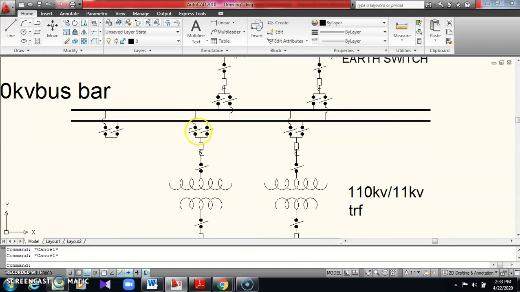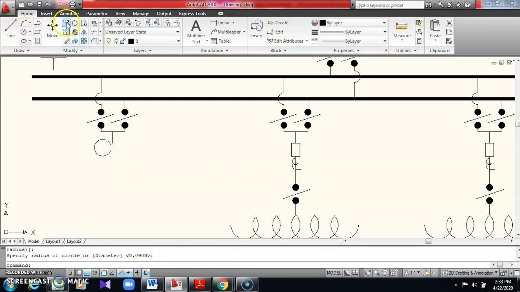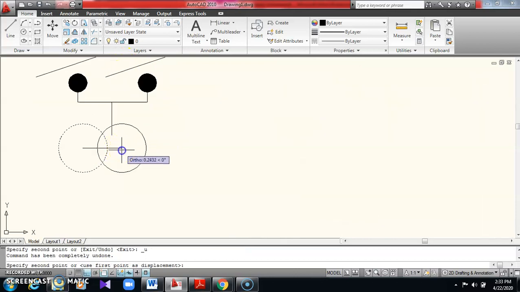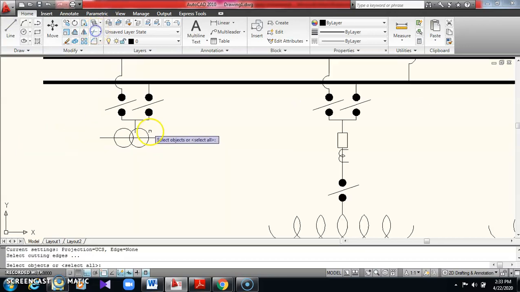Just to have the same thing, I copy pasted it over here, and there are two ways to draw PT. One way is through windings and one way is to draw this PT symbol. So what you have to do here, just draw a circle over here, copy this and paste it exactly like this. Okay, don't make it center, paste this much. Take a circle and draw a line over here. Now you have to trim this section, right?